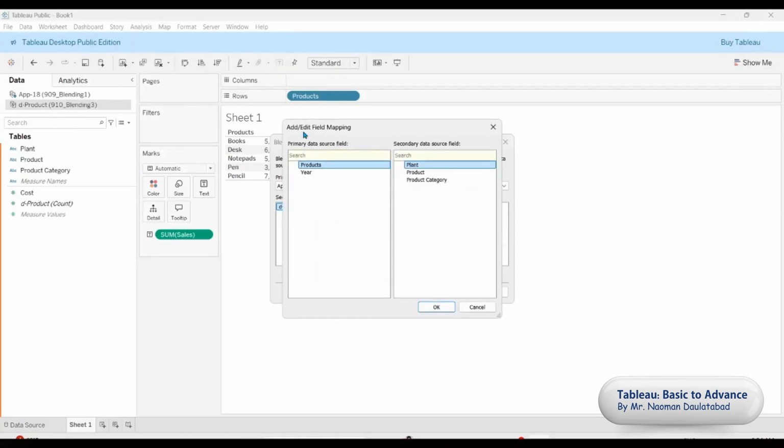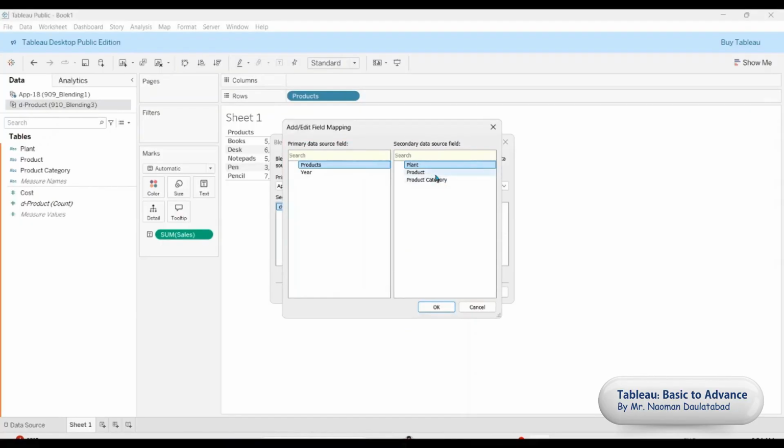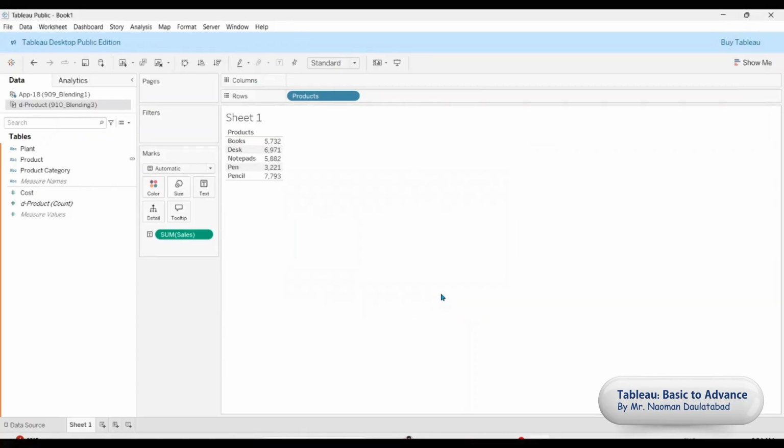For the primary data source the field is product, which is correct, but for the secondary data source it has taken plant, which is not correct. So instead of that I'm saying product. I'll say okay and okay. Now when I drag and drop plant,